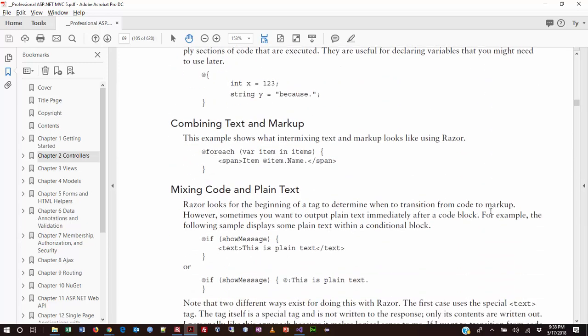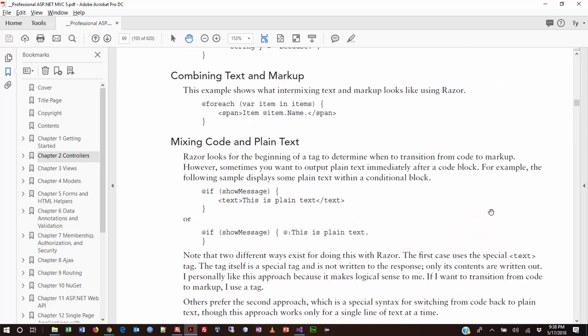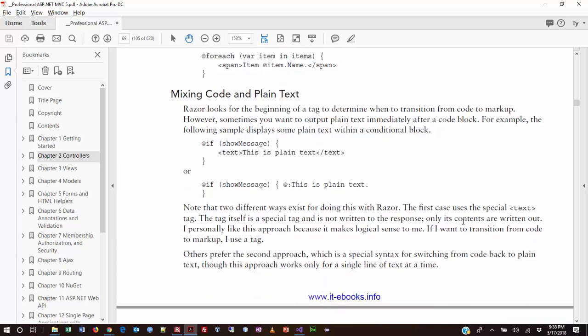All right. Now, really what they're doing here is they're showing you all the different syntax for Razor. What I prefer that you guys do is really take your time and read this on your own rather than me demonstrate it. We'll see it in action, and then if you need to fix something, of course, you'll figure it out. But please notice that